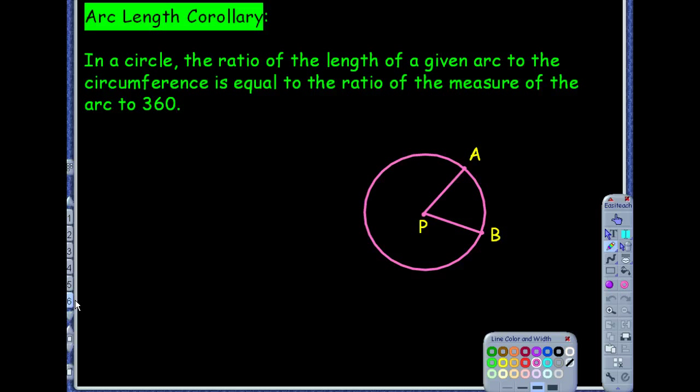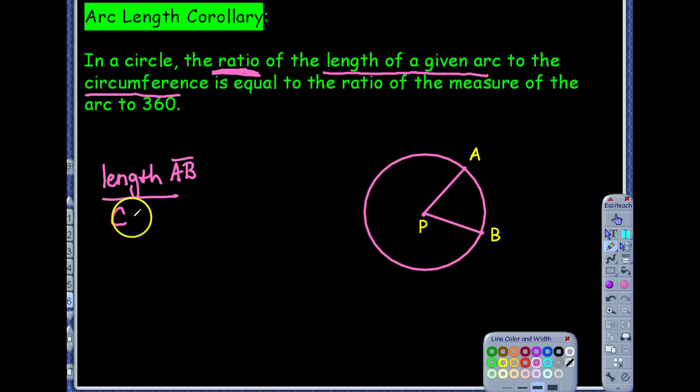And there is a corollary theorem about arc length. It's very specific to a circle because it's just about the length of the arc. It says, in a circle, the ratio of the length of a given arc to the circumference, because we know that arc length is just a portion of that circumference. I'm going to write that. The length of arc AB compared to the circumference of circle P